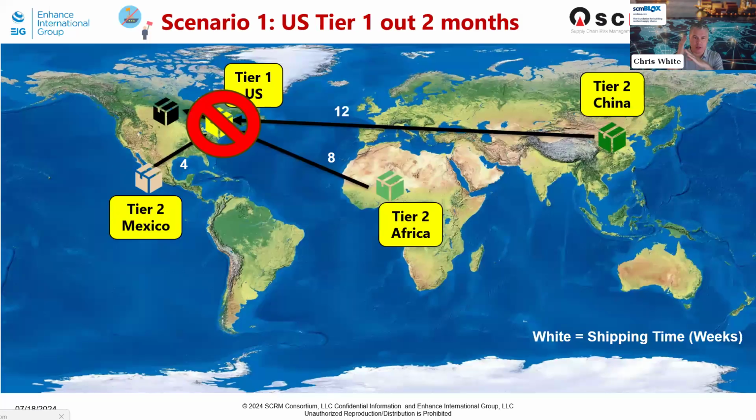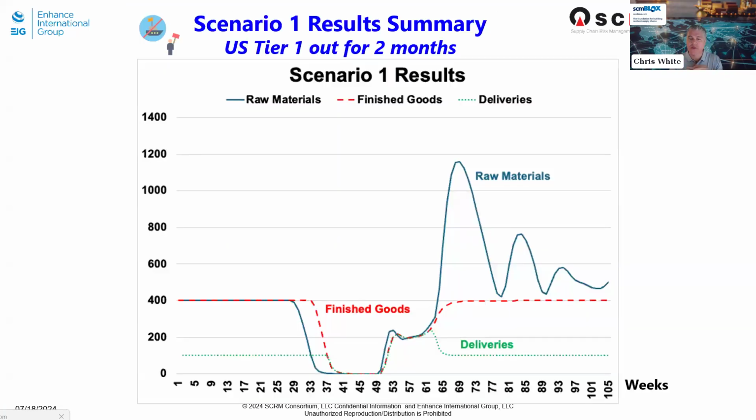In scenario 1, we're going to knock out the tier 1 supplier for 2 months, assume that the Altman Z score has told us that they're going to have some financial issues, and we're going to see that impact on us, the OEM. So in all of this, when I say us, we are that black box up there, we're the OEM. So our tier 1 goes out. So if we look at the results, again, this is the same chart you were looking at, same 3 variables, finished goods, raw materials, delivery. What you see is they all dip